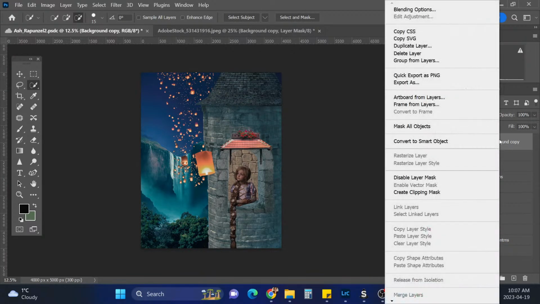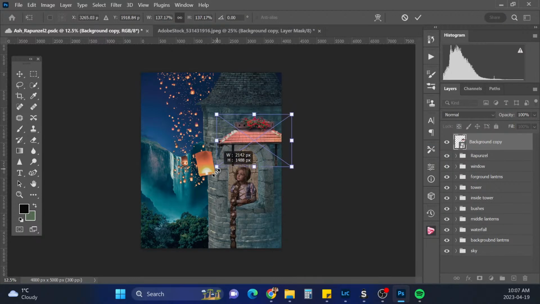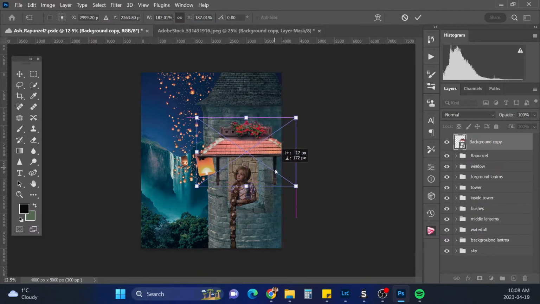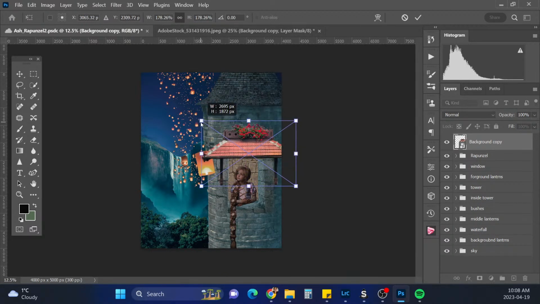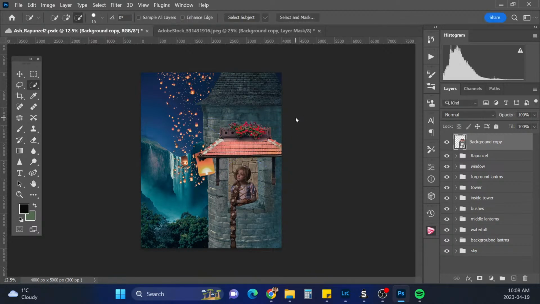And turn it to a smart object. Control T to select it. And then we need to make it pretty big here to go over the window. Yeah, I think something like that.